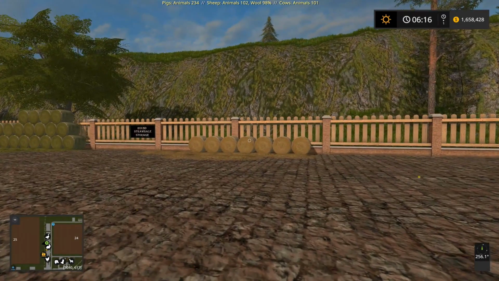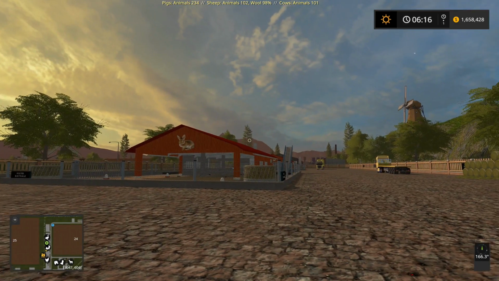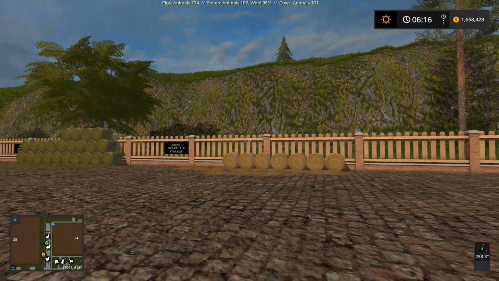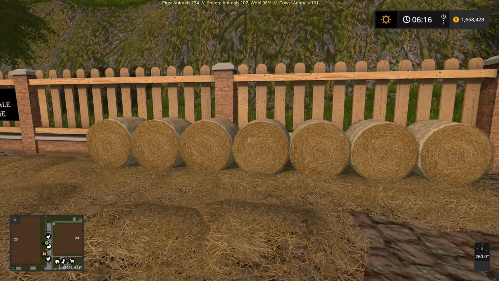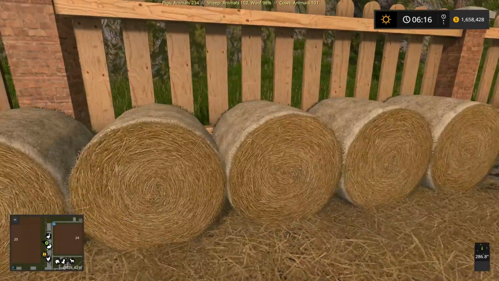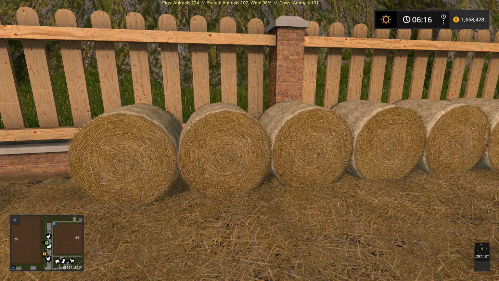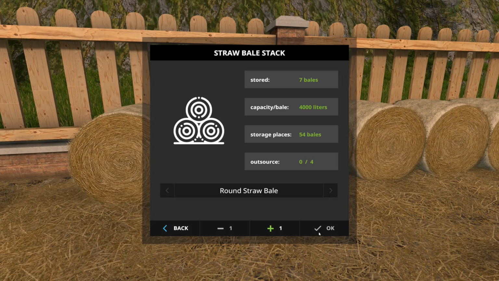This is where you store your round bales, because that's what the animals take in this particular pen. And the storage, you pop them in there. Now, look, you can't get them. Notice I can't pick them up. I can't move them. I can't do anything with them. The storage system, you hit the R key, and it brings up this, and you dial in what you want to take. So I'm going to take a straw,